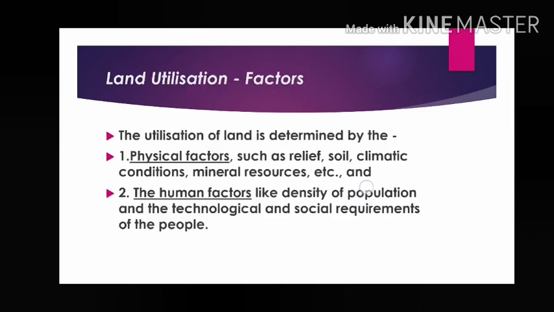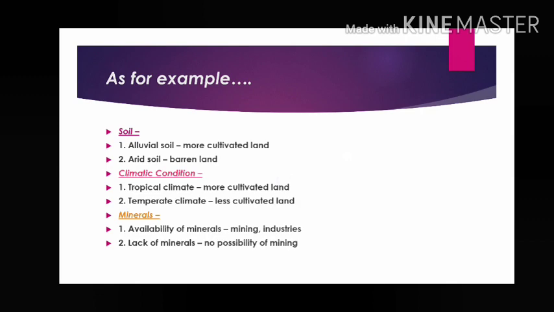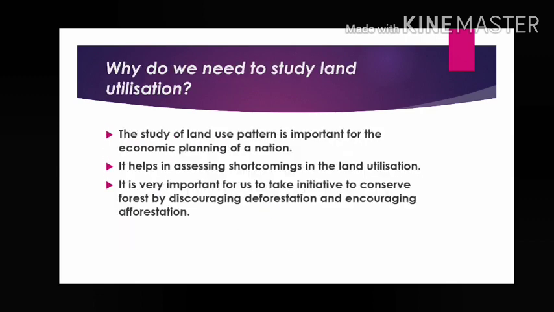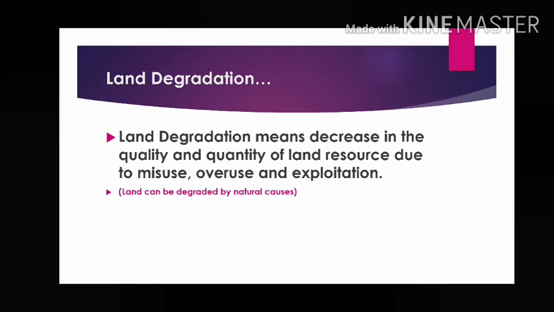Now come to the next, that is land degradation. We know very well, and in chapter 1 we already discussed that human beings are of two types, needy and greedy. So which type of human beings are good for the use of resources? Needy people, because they only think about their basic needs. They are not greedy, so they are not thinking about more and more. They are not wasting, overusing or misusing the resources.